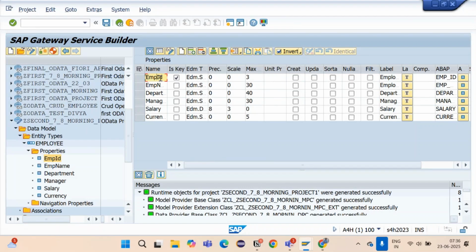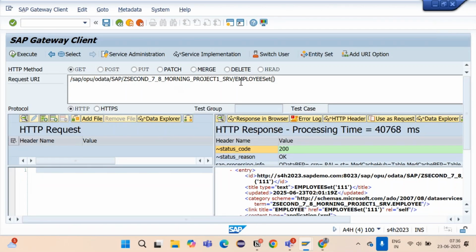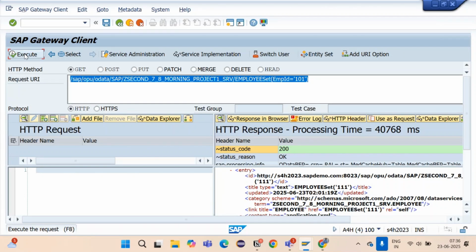Again, I will be using the employee ID, copy it. And I will be passing here its value equal to, let's say, 101. That is going to be your URI this time. So now if you click on the execute button,